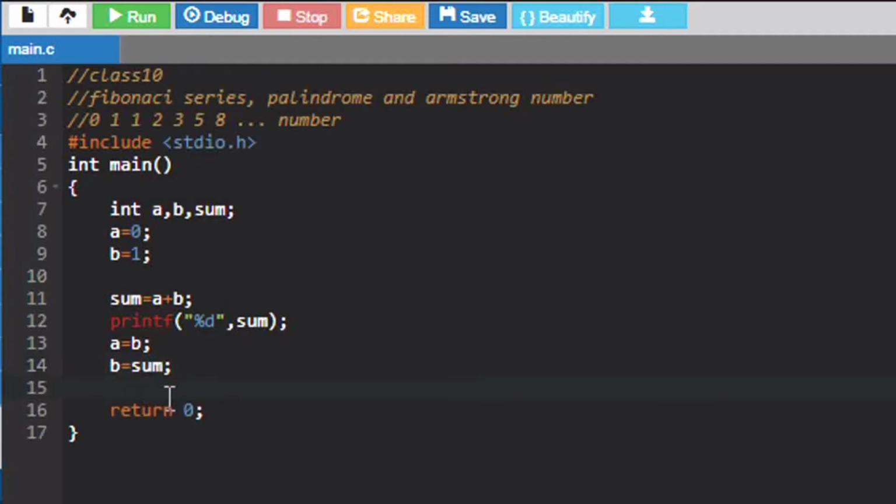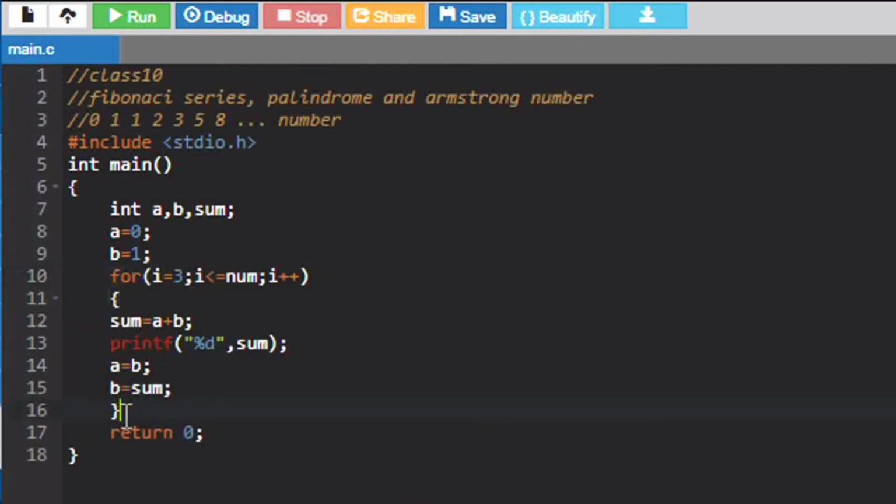Now I want this logic to run again and again, so I am going to use a for loop. Since our first two numbers have been printed, we should start printing from the third number, and it should run till the number that the user has asked for.